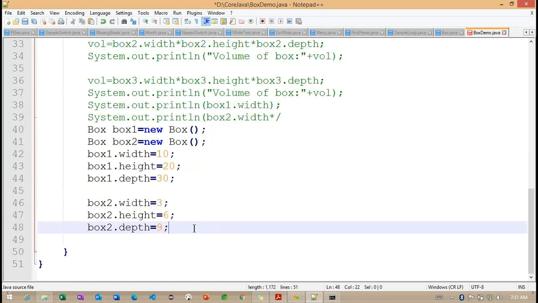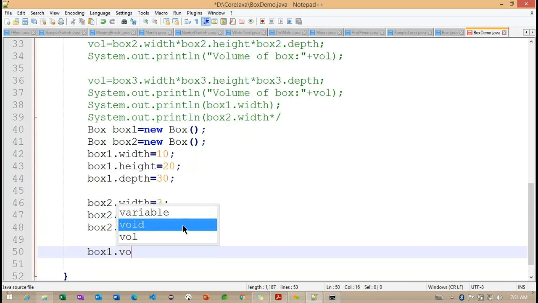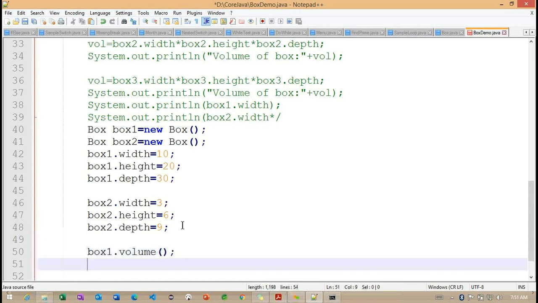Now I'm trying to call box1.volume. Getting the point.